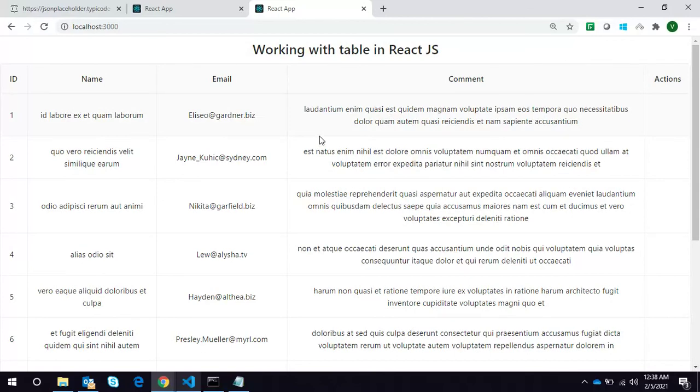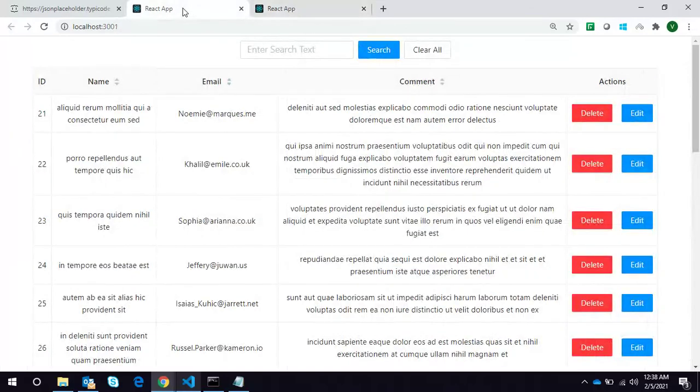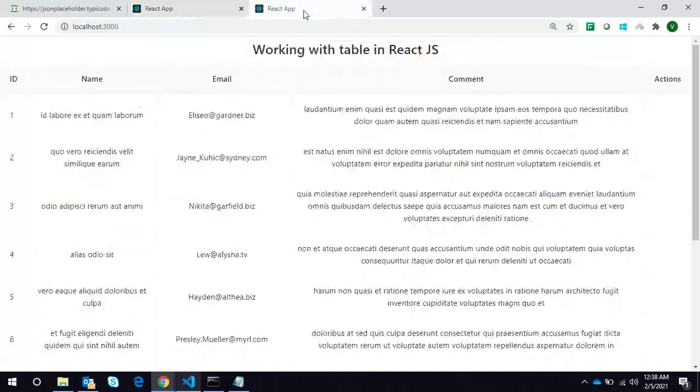In the next video we are going to handle the delete functionality. So here in the action, you can see we have a delete button, so we will add this delete button here. That we are going to do in the next video.